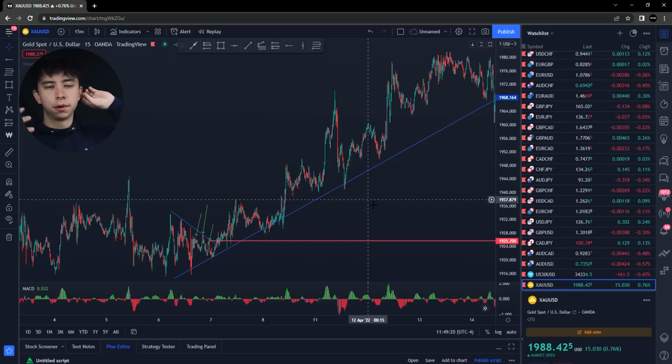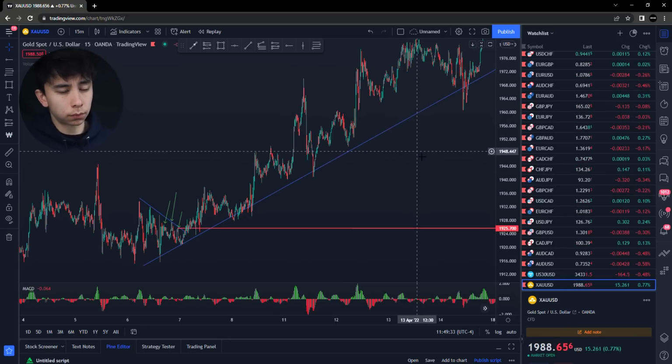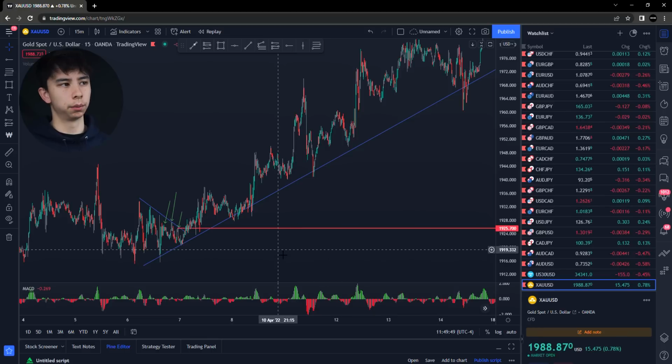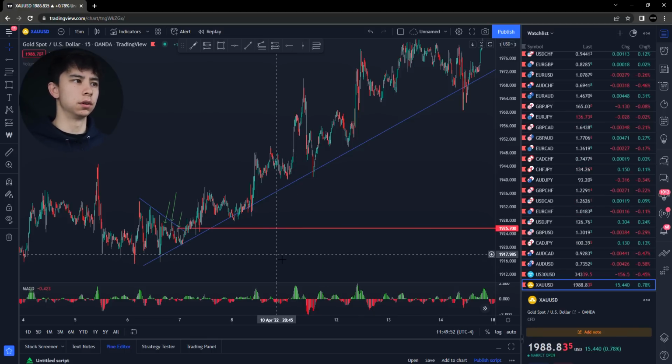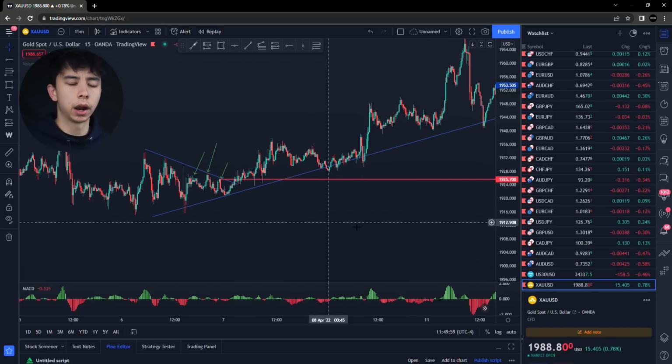So I saw this pattern happening over and over again, and I was like, this is really simple. If I just trade every time price breaks a lower high in a continuation of an overall higher trend, I'm going to make money doing this. Super simple. But now the very important part is figuring out where to actually enter, because sometimes price does come back down. Then I came up with the idea: if price tends to retrace every time it breaks, pulling back a little bit, what if I could get really nice entries? That would help a lot. If I can get really good entries on these trades, I could have a higher risk to reward and